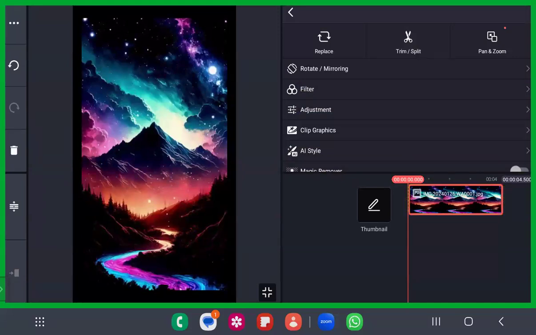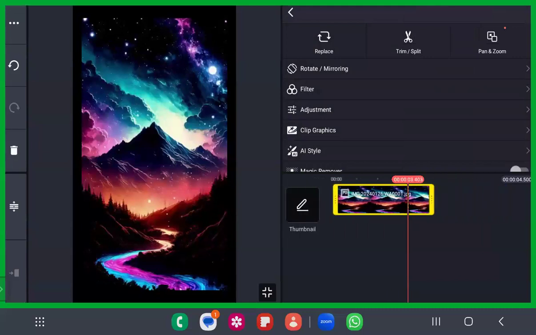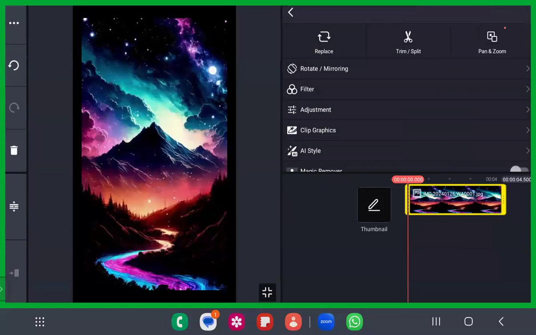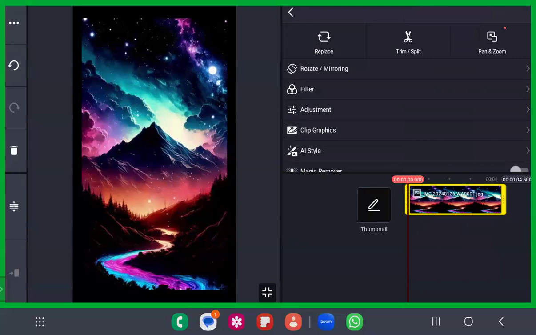Then the trim and split options. You have a trim and split option, same as for a video, but in a photo it is all the same from first to last, because it is not a video that we have put here. Just give it a try. If you put a photo on the timeline, will it move? Actually no, it will not move, because a photo is a stagnant image and does not have any movement, so you don't have to click on trim and split.